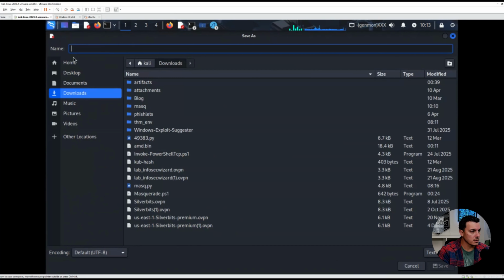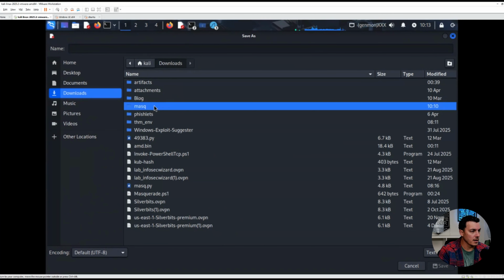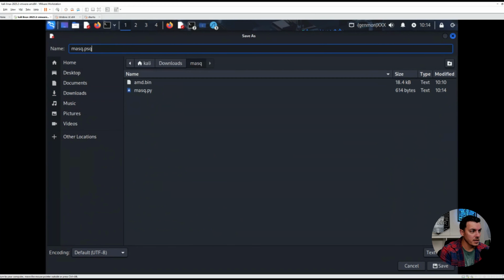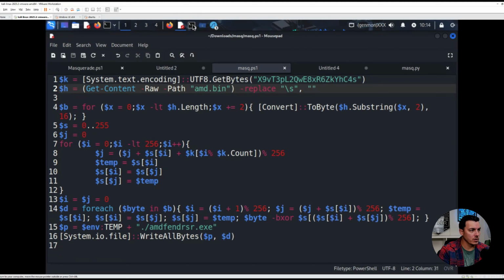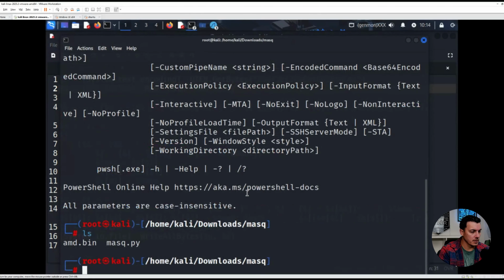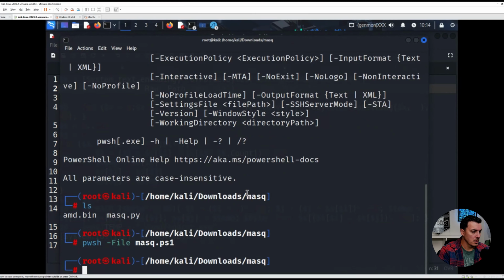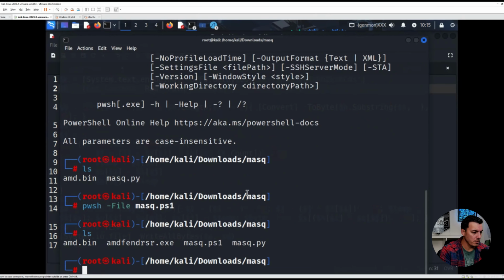We'll save it as PS1, not pi. All right, so we're going to type it as mass.ps1. We'll click save. Now we should be able to run this in here, just like this. And we should have new output. Now we see AMD Finder